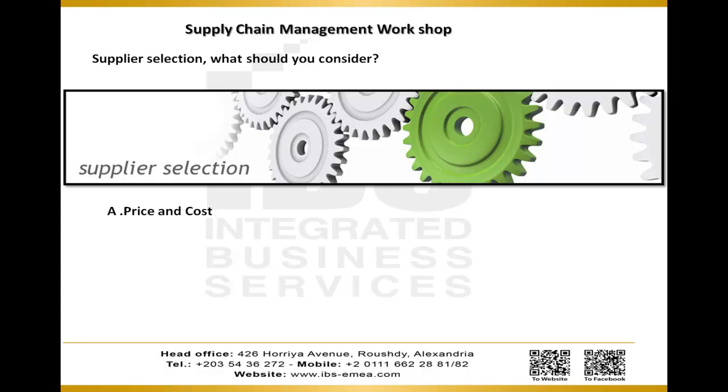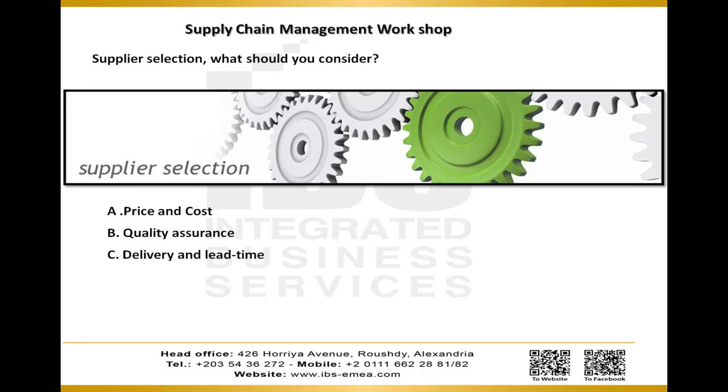The second thing you should consider is quality assurance. If a supplier offers a lower price but has lower quality, what would that result in? A higher cost for the company. What about increased inspection costs, or waiting for additional materials to arrive to replace the defective materials? What procedures does the supplier have for quality control and quality assurance? Are quality problems and corrective actions documented? C, delivery and lead time.